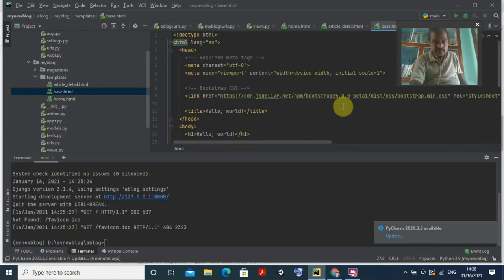So doc type HTML, the entire thing, whatever you want, I am bringing it here. Now this is the startup, the starter template. Okay, so now what you need to do, the same thing, you need some modification there. Then